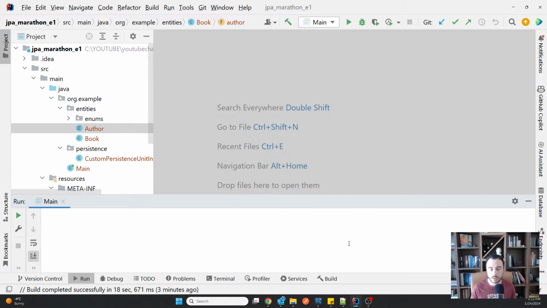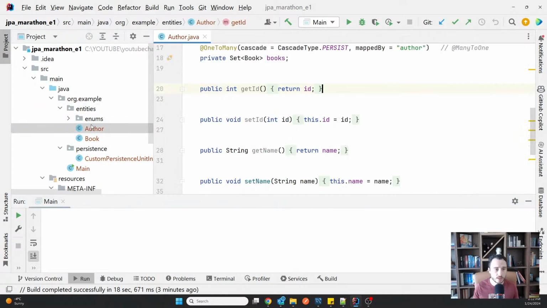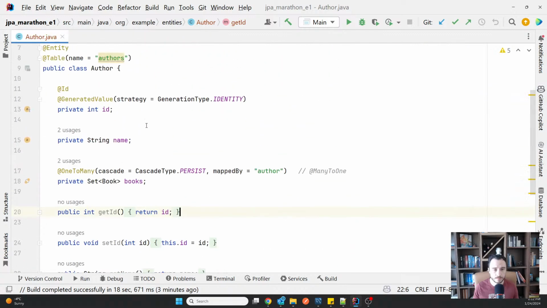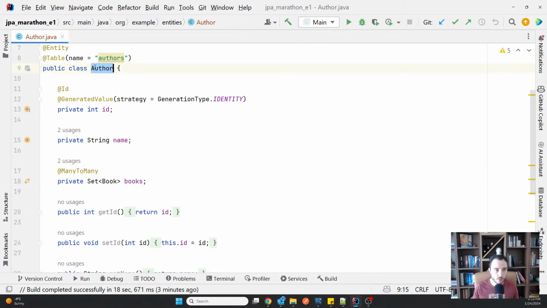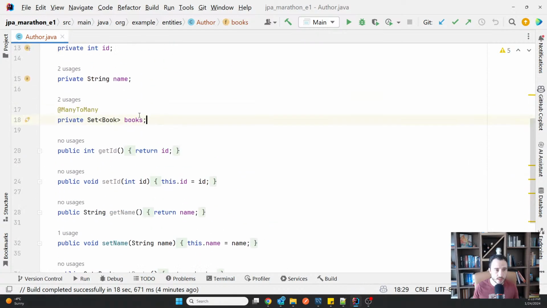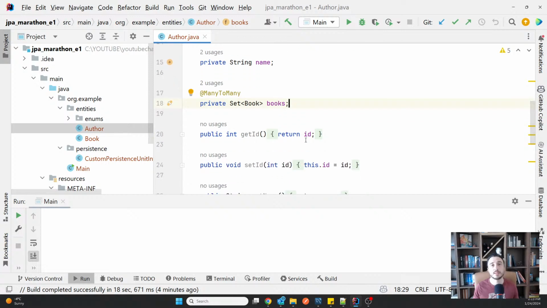if we discuss JPA and Hibernate, exists only at the database level. It will not be represented by a class at all in the code. So in my case, I could say the author has many to many. So many authors have many books, and then I can keep it like this and start with this. Yes, you can have unidirectional relationships.